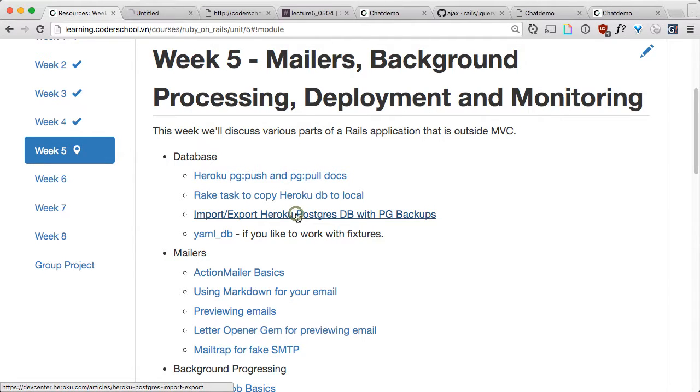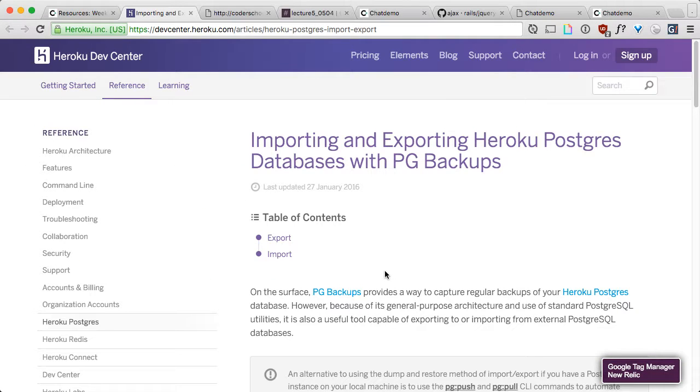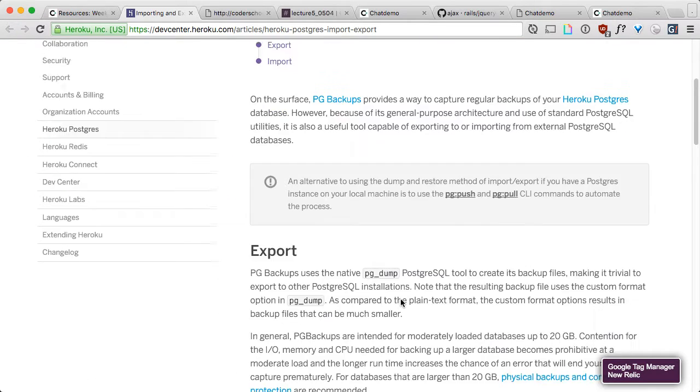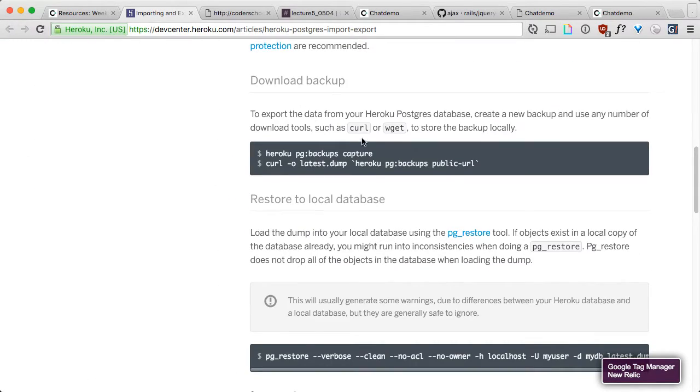However, there's also PG backups. That's wonderful, but when you start having more users, that's not what you want. What you want is PG backups. And PG backups provide you this API to capture your data, and then you capture that as a dump into a database